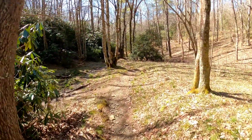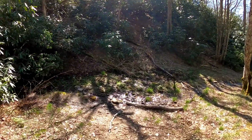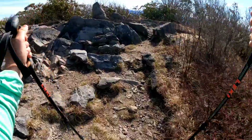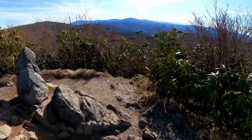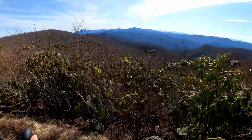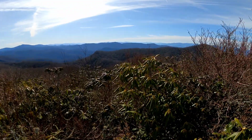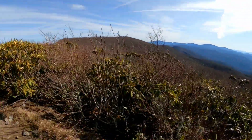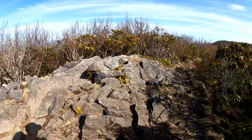Oh, this is very Lord of the Rings. Look at this. It's a gentle brook. Day 2 in the Smokies. We're almost to the high point for the day. Going 16.5. It's a Double Spring Gap, Double Spring Shelter for a really easy 3 miles up to Clingman's Dome